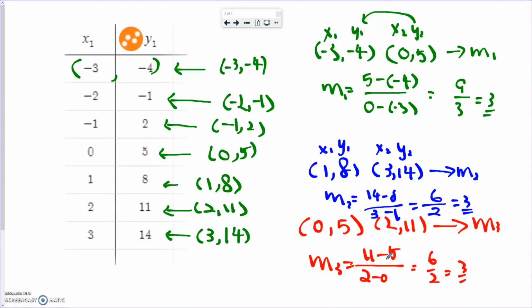So it doesn't matter how you pick this group of values, so long as you can pick 2 points. You understand the concept that, given a table of values, we can turn that into coordinates. Pick 2 of them, do the slope formula, and we are going to get a slope. And the slope is going to be the same. Okay, so